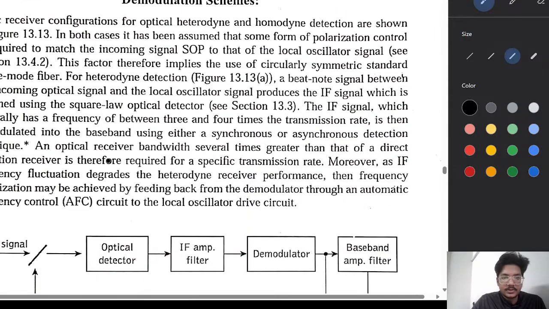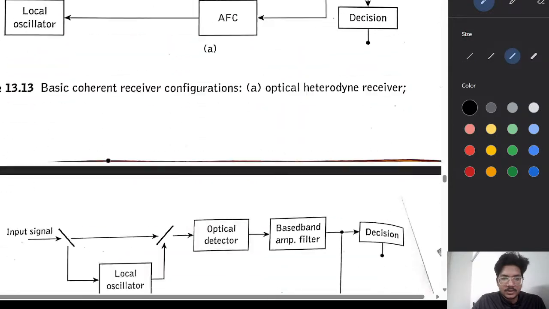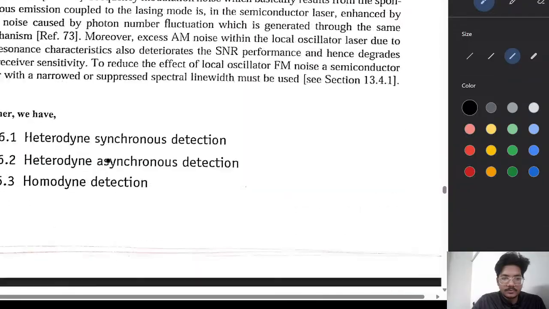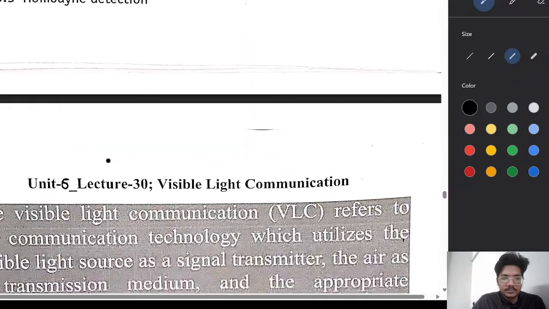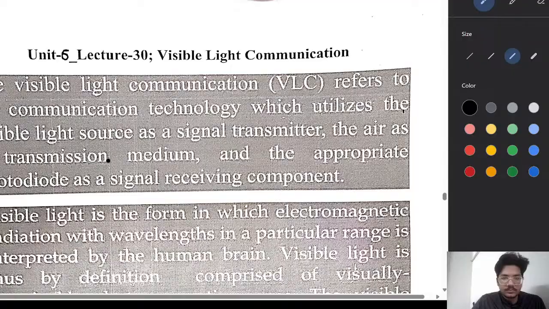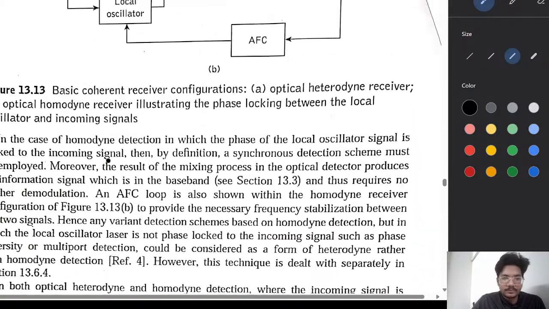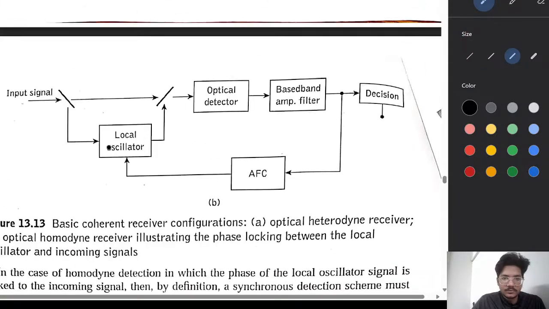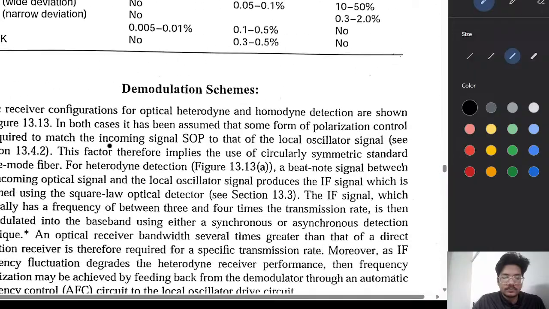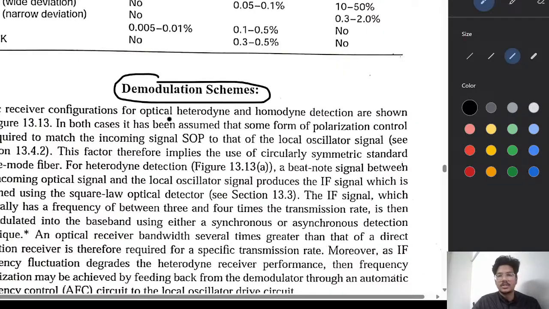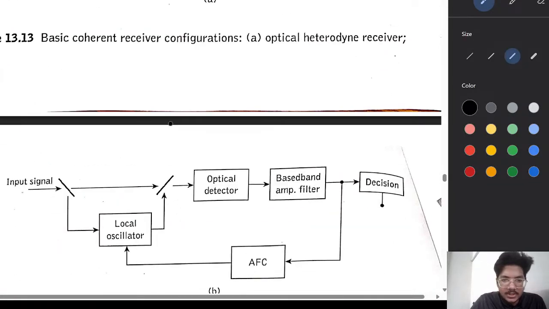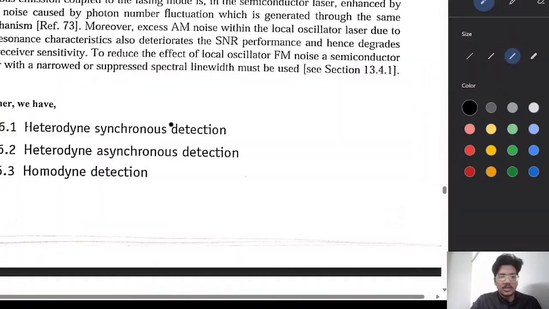Okay, demodulator schemes. We have to study the demodulation scheme in the next chapter. So let's see the modulation scheme first. After that,